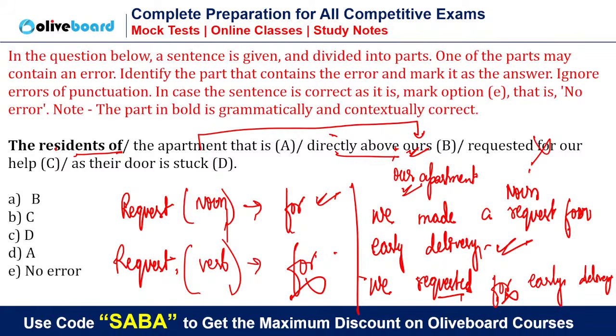There are many words, okay, many words that take preposition as a noun but not as a verb. Order for, attack on. Okay, so "attack on" is wrong when attack is a verb. "Attack on" is correct when attack is a noun. So learn these things that as a noun "for" is correct but as a verb "for" is wrong. So error is in C part. How many of you were correct here?